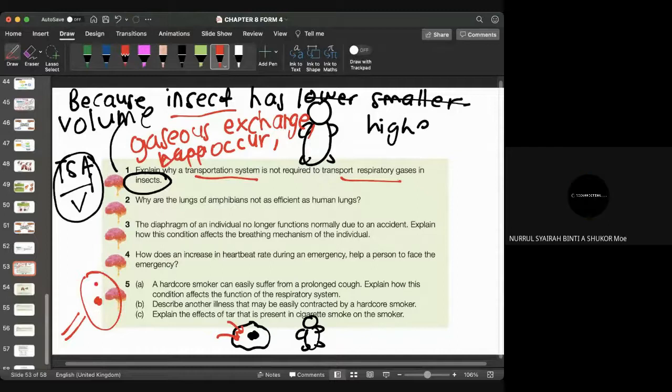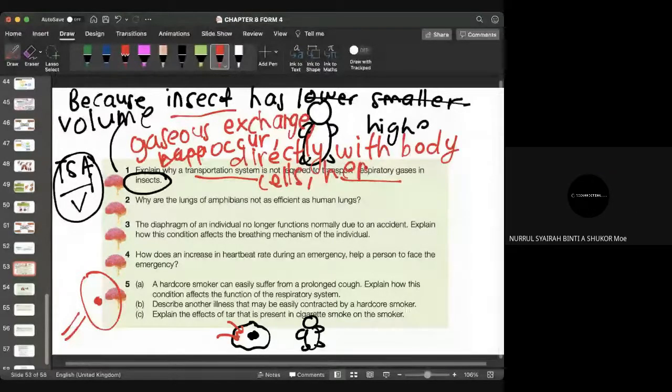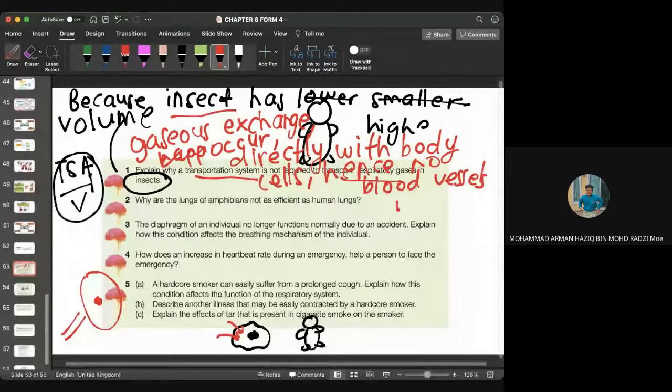So you must say that this gaseous exchange occurs directly with body cells. Hence no blood vessel is needed. So this is the answer. Explain why a transportation system is not needed, because the insect is smaller. All this gaseous exchange can occur directly with body cells using the tracheal system. Hence, blood vessel is